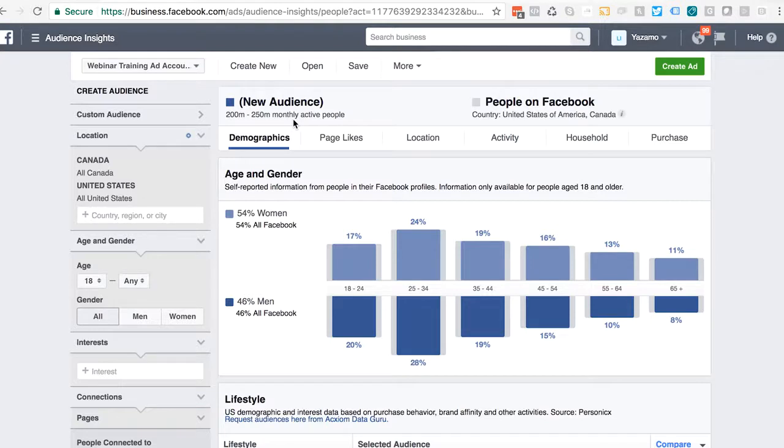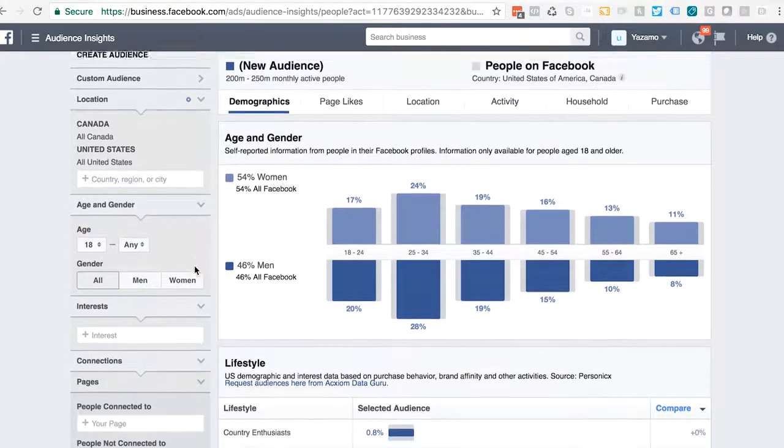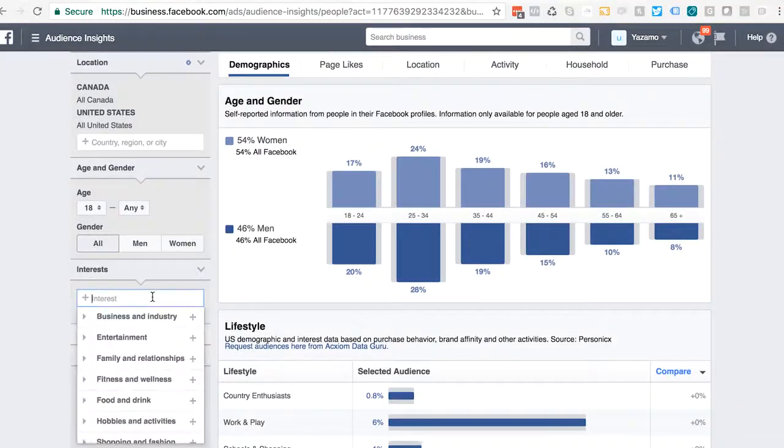What about the next one, age and gender? What do you recommend for that? Is it just dependent on your industry, your product that you're offering? So Audience Insights is more of a research-based way to find the ideal audience that's going to be perfect to target. So when you're starting out with Audience Insights, you want to leave the age range the way it is and move down to interest and start typing in the interest that you're looking to target. So for example, if I'm trying to go after